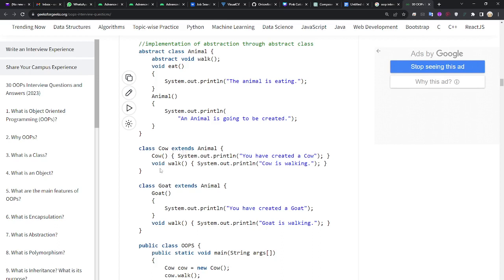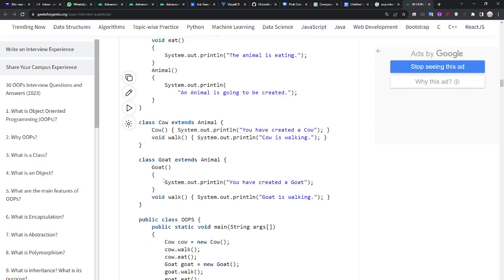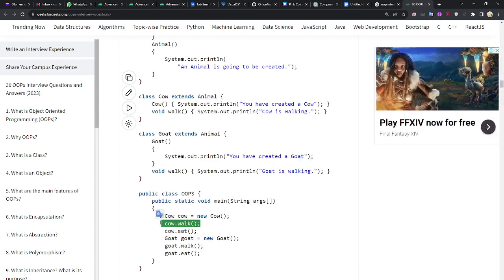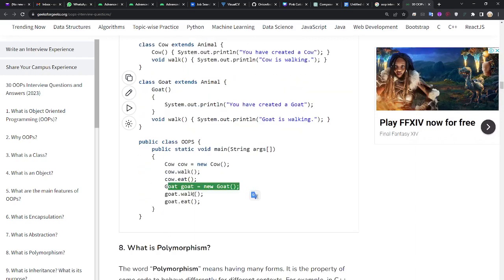فهي override على الميثود اللي اسمها walk، هيطبع جواها system.out.println cow is walking، وهنا جوه الكونستراكتور طبعا you have created a cow. ونفس الكلام للجود، بيكستند من الانيمال، هي override على الميثود اللي اسمها walk، وهيطبع جواها goat is walking. هيستخدم بقى الكلام ده، خد اوبجكت من الكاو ونادى على كاو دوت ووك ودوت ايت، وخد اوبجكت من الجوت ونادى على ووك ونادى على ايت، فالمفروض هيطبع